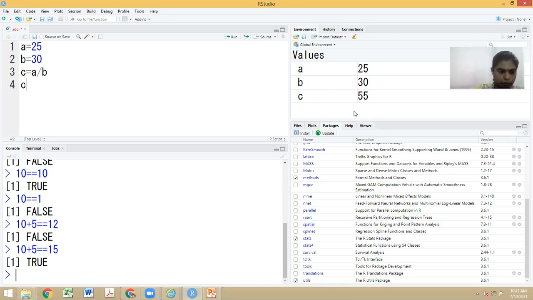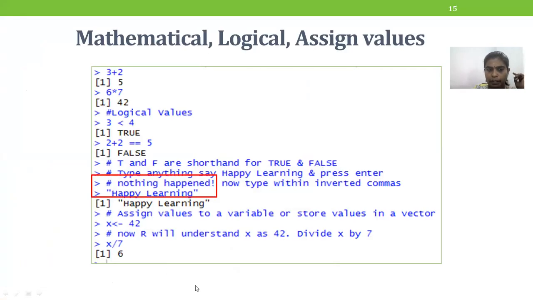So now I can do it this way: A plus B equal to C. Okay, so I'm getting the response as true because A is 25, B is 30, and some value is already kept in the variable C, which is being compared now, and the result is displayed as true. Are you getting it? So we are able to operate on values, and we are able to operate on variables. Both we are able to do, right?